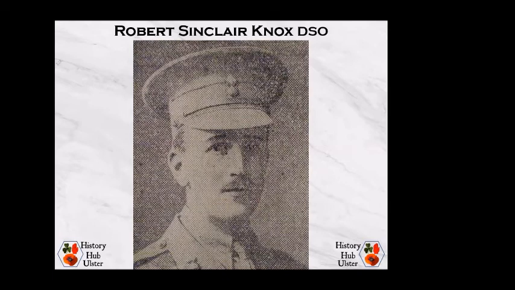After the war, Robert Sinclair Knox became a director of the firm for whom he had worked before the war. Before the war, he was the commander of the Coleraine Company of the North Down Regiment UVF, and he received a commission with the 10th Battalion Royal Inniskilling Fusiliers. He held the rank of captain when he was deployed to France in October 1915 and was promoted to major in June 1916. Robert Knox was one of only 7 officers to be awarded the Distinguished Service Order 4 times